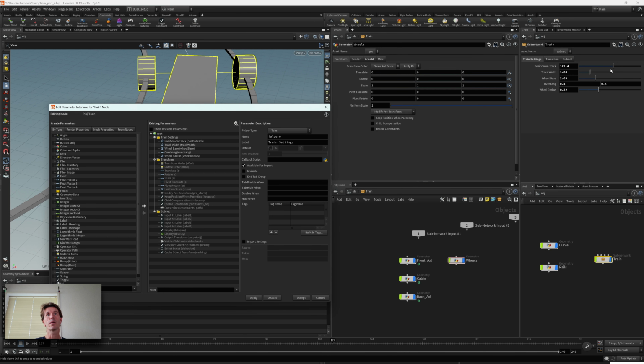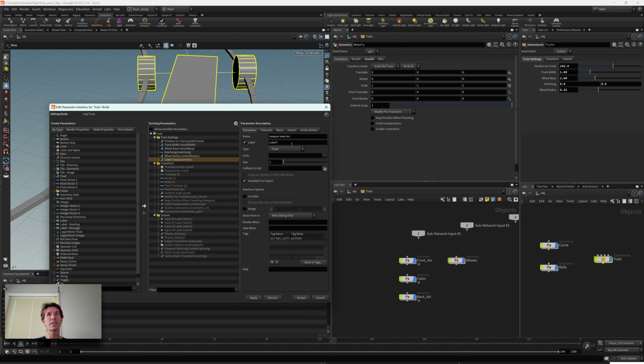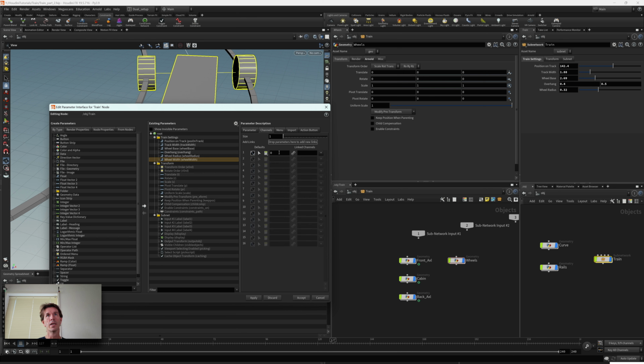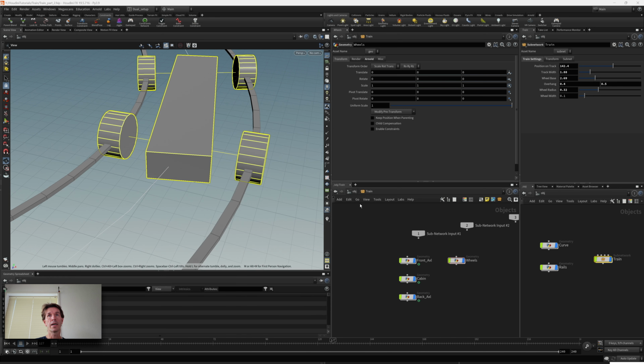So I'm going to say edit parameters interface once more, and I'm going to add another float to my train settings. Can go to parameters. I'm going to say this is not my wheel radius but my wheel width. Here we go, wheel width. And the range for this, let's say it can be 1 centimeter and it can be maximally 1 meter. That's already ridiculous, but okay. And by default 0.1. Apply, accept,